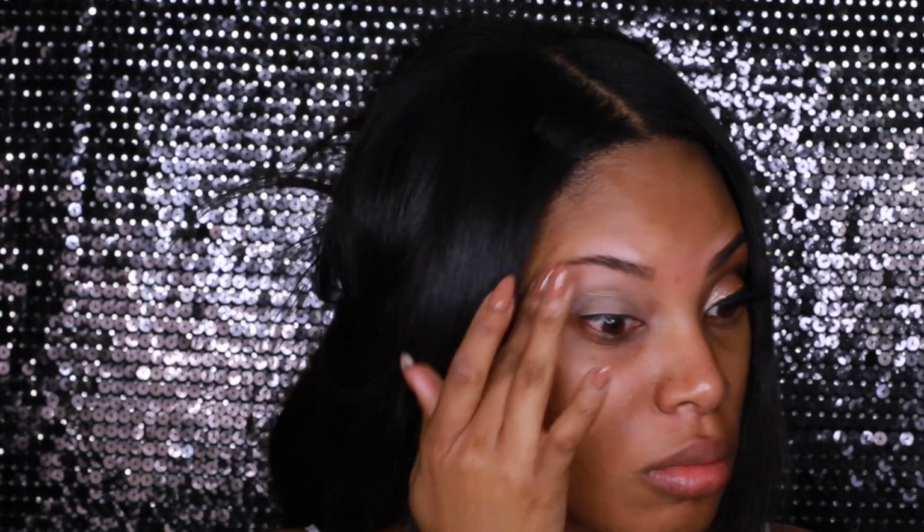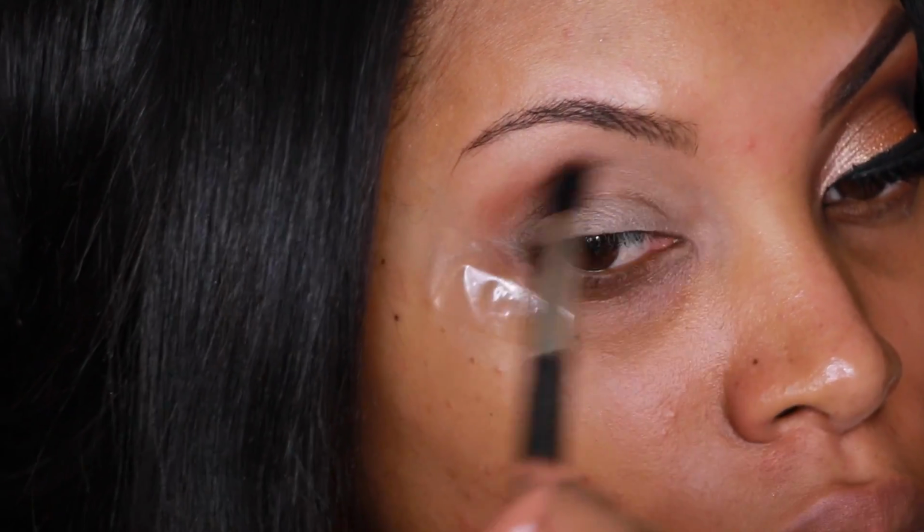So I'm going to go ahead and apply a base all over the eyelid, and I'm using the MAC Pro Longwear Concealer as an eyeshadow primer. I love it because it doesn't crease up on me, so use whatever eyeshadow primer works best for you. And I'm going to apply some sticky tape at the outer corner of my eyes,